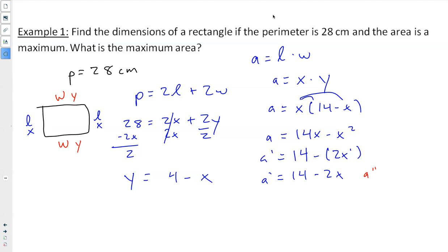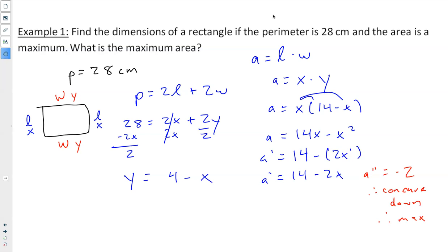So A double prime is equal to just negative 2. Okay, so if we have a negative second derivative, this means we have concave down. Therefore, this is a max. Okay, so we've just confirmed that this is going to be a